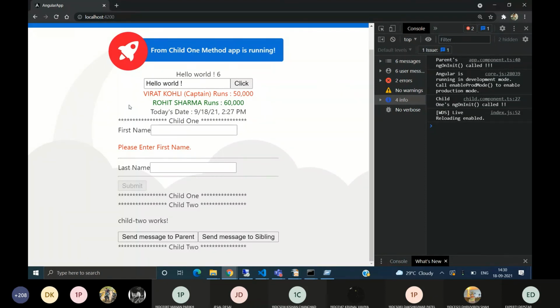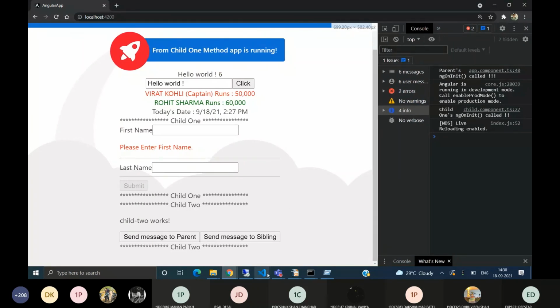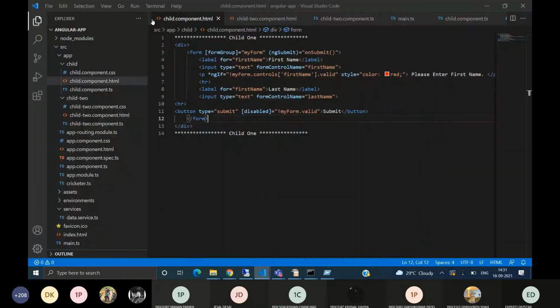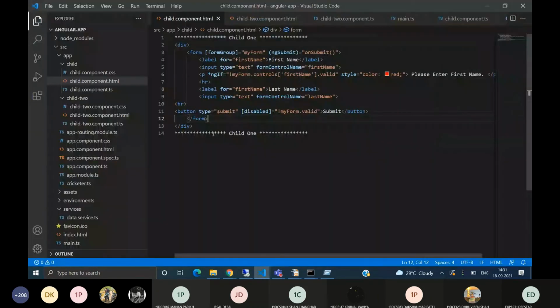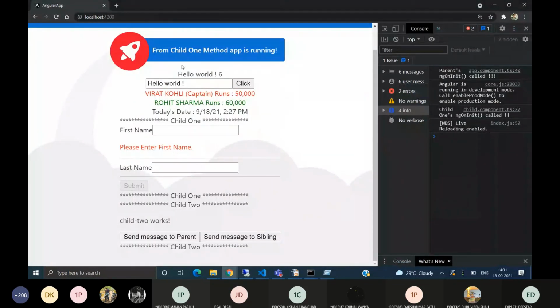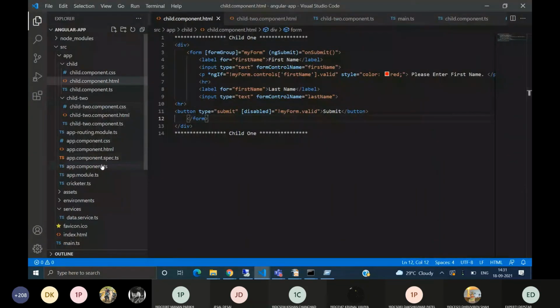One topic is remaining, routing, that I will also cover. I forgot about that. So now we are doing all this in a single page only, right? Now, this is a parent component and we have used two child components. But we want to use another component that we can go to through routing. So for routing,